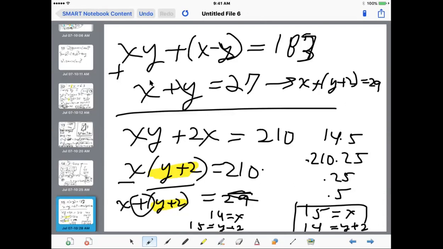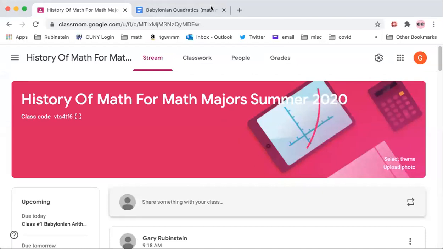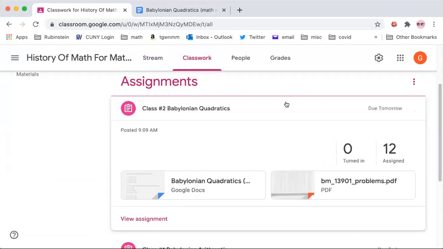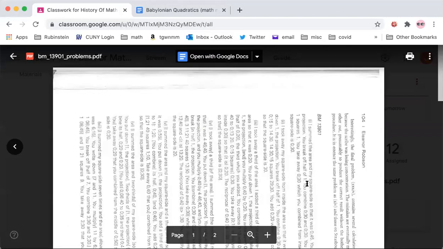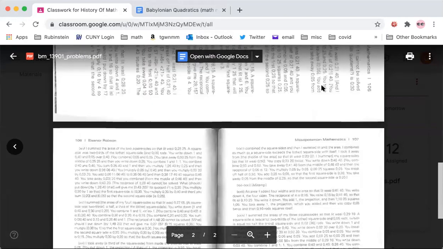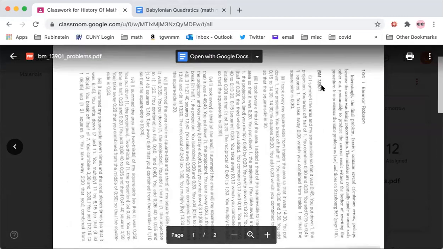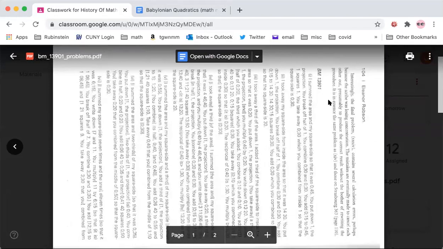Let me change the screen share. Okay, I added to today's assignment this other thing that says BM 13901. There it is. And what this is, is 24 questions from an actual tablet. And I'm going to put some more instructions. Like, I think the first question was sideways, but it says I sum the area and my side square so that it was